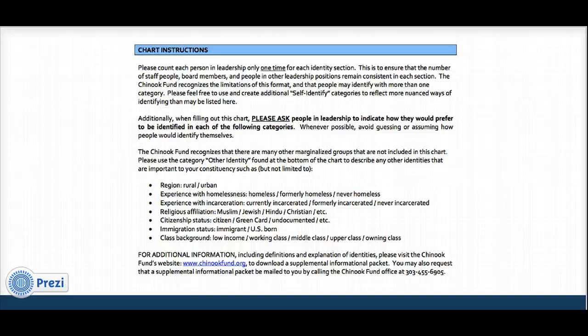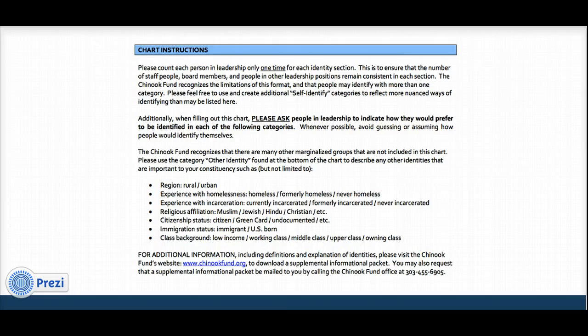The Chinook Fund recognizes that there are many other marginalized groups that are not included in this chart. Please use the category Other Identity found at the bottom of the chart to describe any other identities that are important to your constituency, such as, but certainly not limited to, region, such as rural versus urban, experience with homelessness, including homeless, formerly homeless, never homeless, experience with incarceration, currently incarcerated, formerly incarcerated, never incarcerated, religious affiliation, Muslim, Jewish, Hindu,